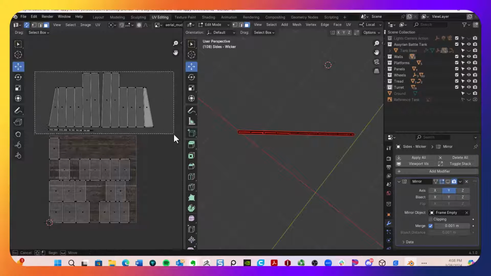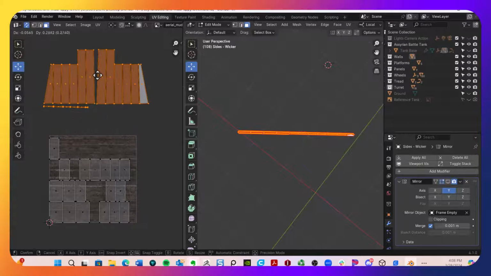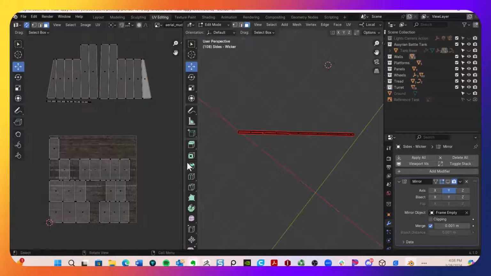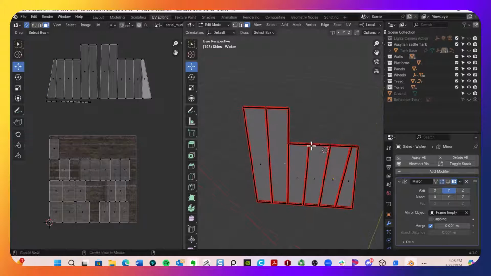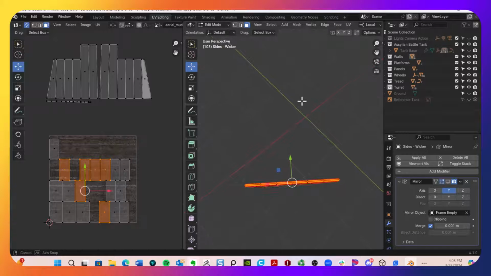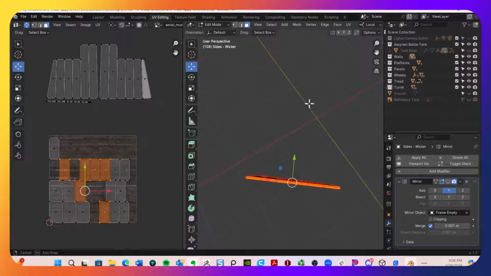I'm going to select them all and give myself a little more space. Okay, so I'm just organizing stuff at this point. Go to the bottom, do the same thing. Grab all that bottom face. Flip it around, get it straight on as much as possible,